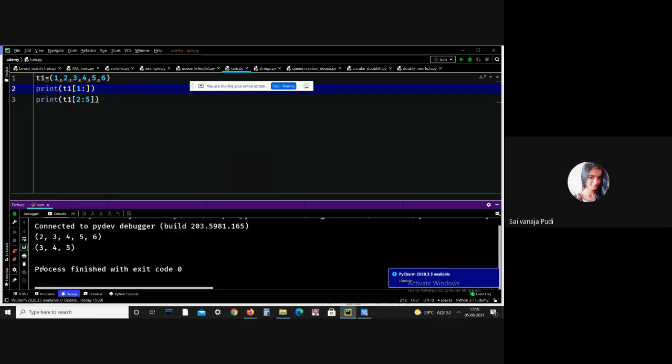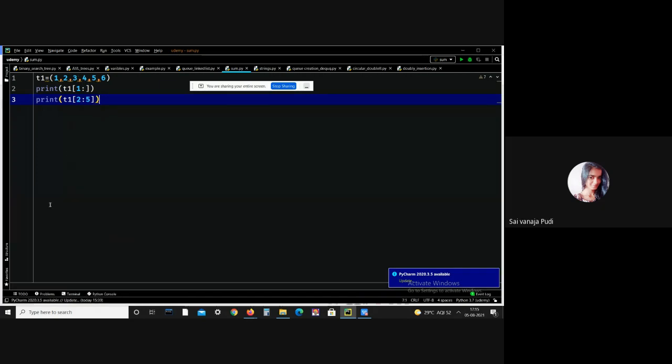See, we got the output 2, 3, 4, 5, 6, meaning index 1 is 2, so from 2 onward, 2, 3, 4, 5, 6. And here, 1 to 4 means 2, 3, 4 only. Okay, this is all about indexing and slicing.